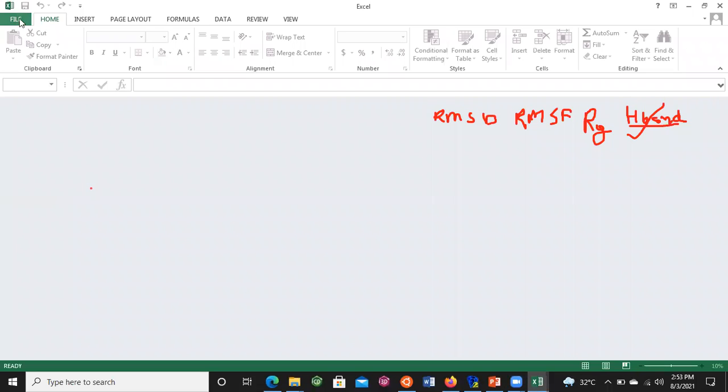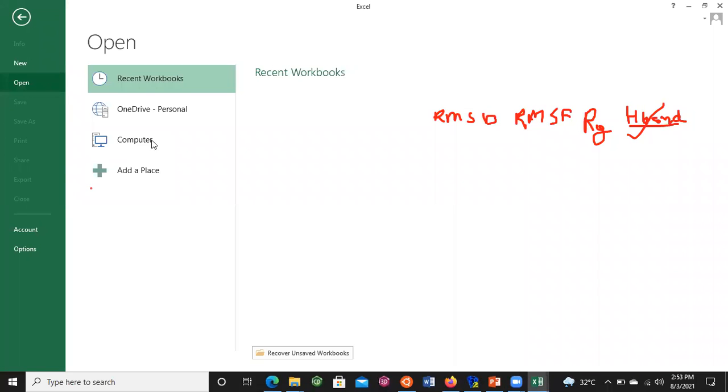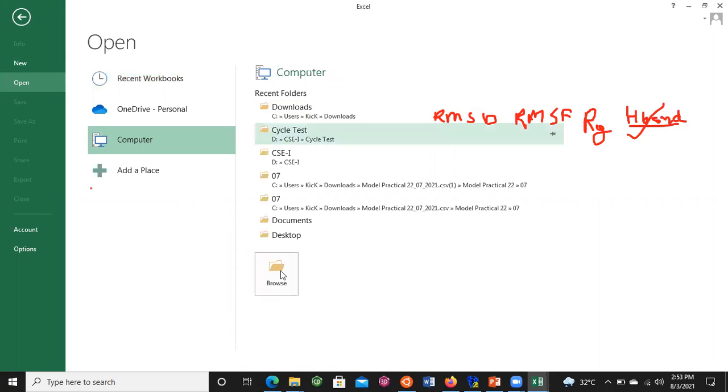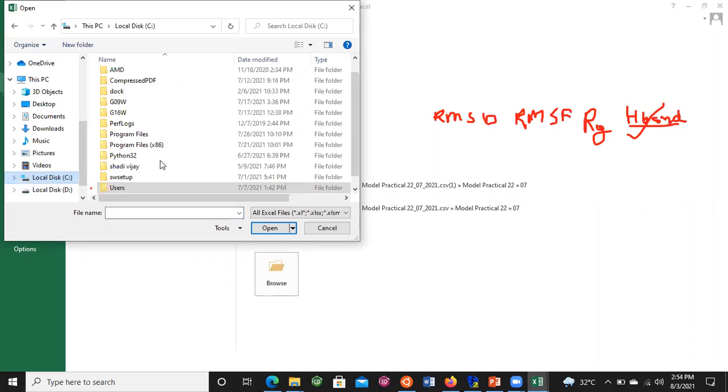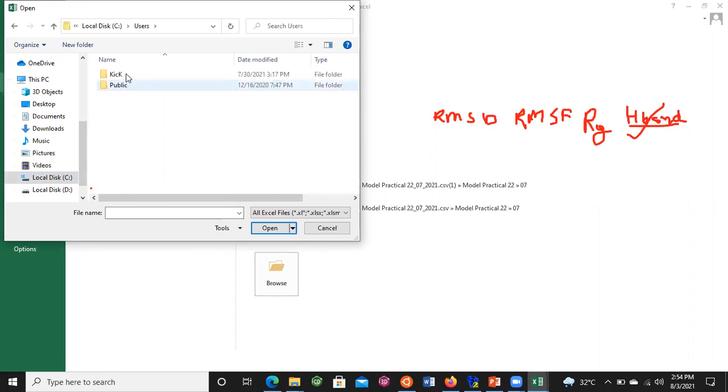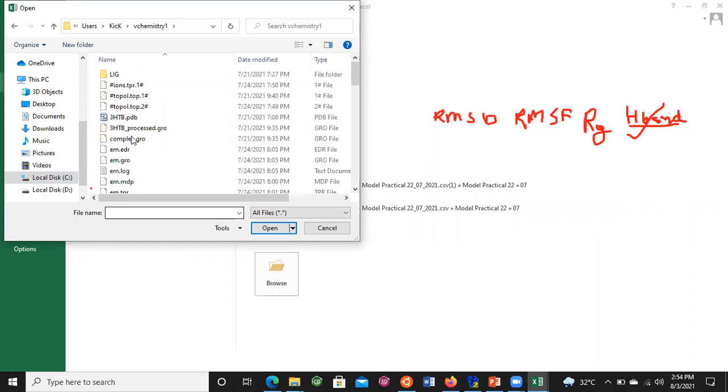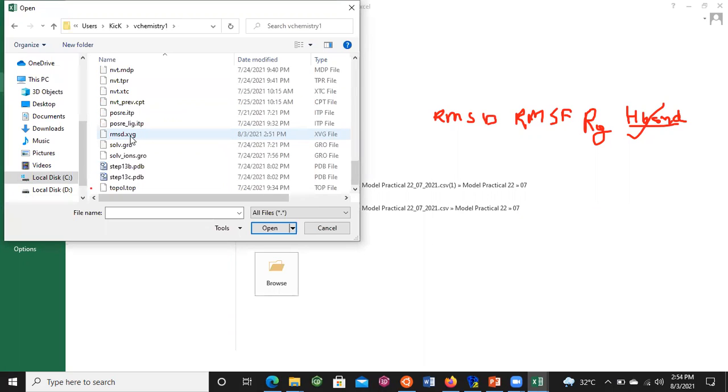Now in Excel, open the file rmsd. For this, go to the folder, that is C drive, user, chemistry1, and change this parameter.